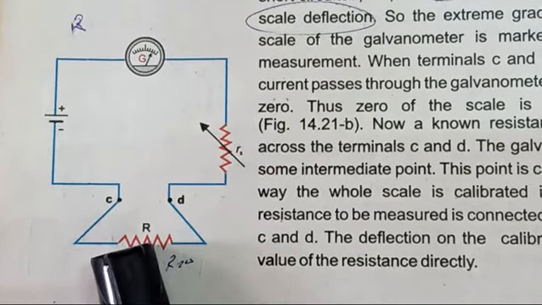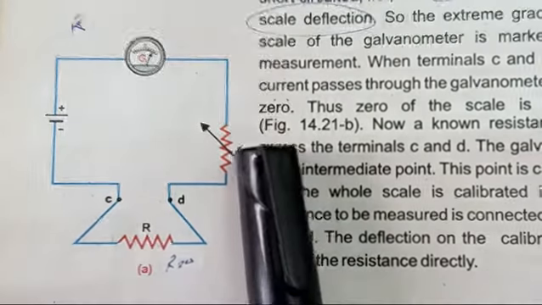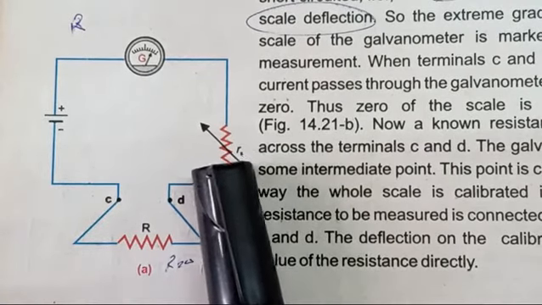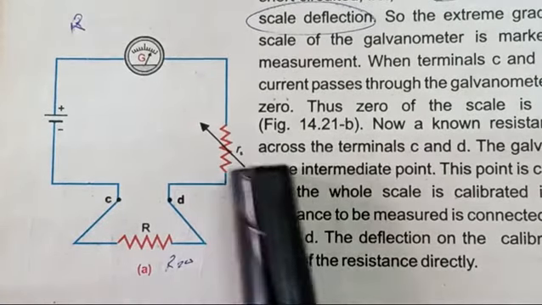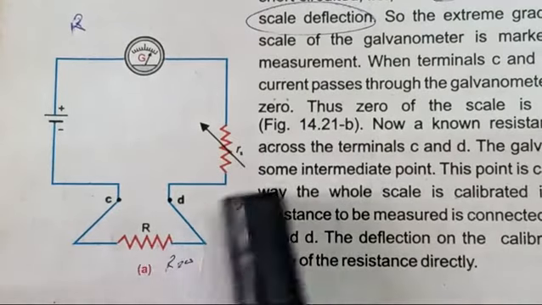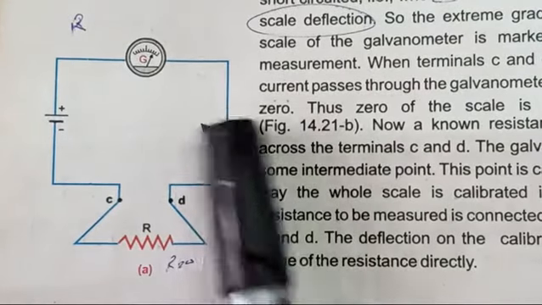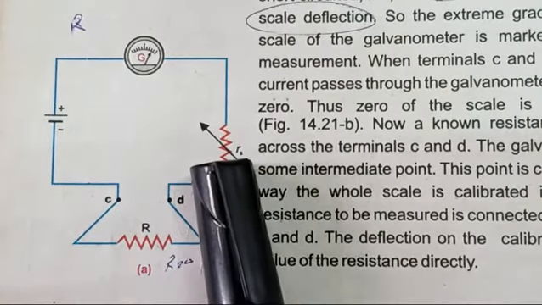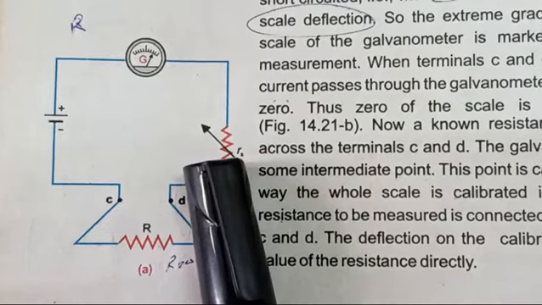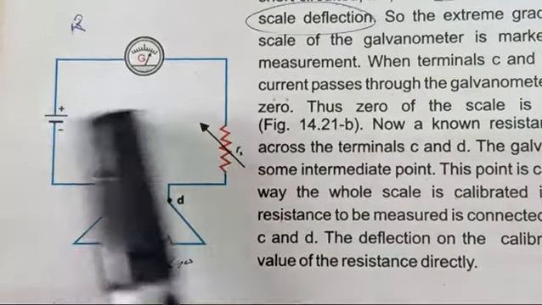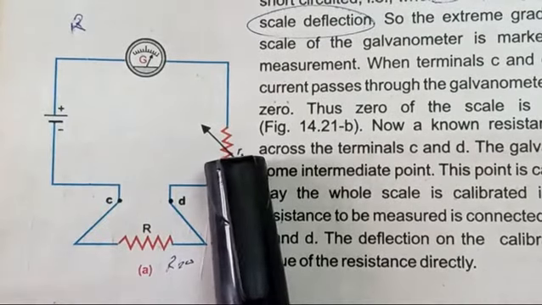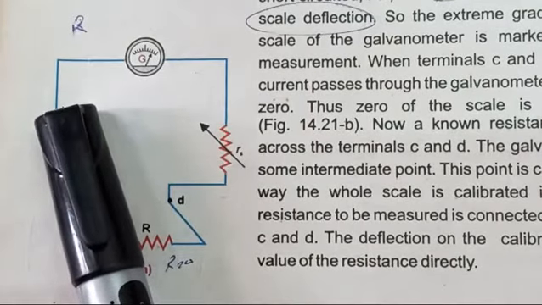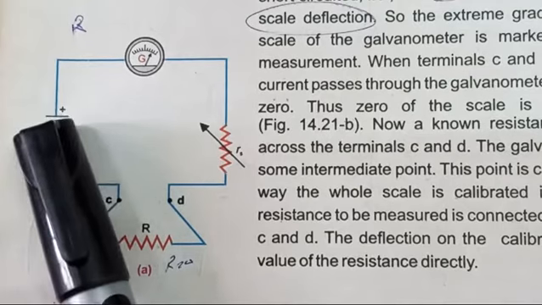And always remember, an adjustable resistance, Rs, adjustable resistance means which can be adjusted into different values. Its value may be increased or decreased. When this is simple resistance, and when there is an arrow crossing this resistance, it means it is variable resistance. It can be changed, increase or decrease. And there is a cell connected in series. This resistance, adjustable resistance, galvanometer, and this cell having some potential difference, all are connected in series.